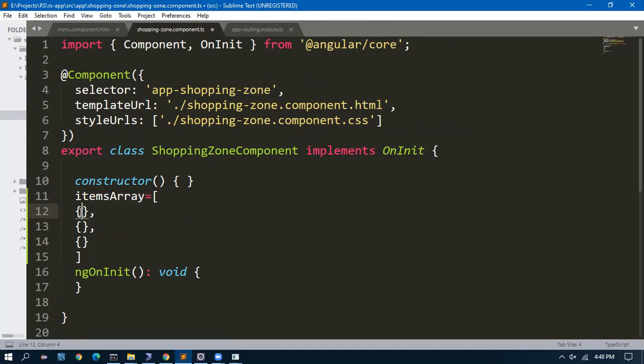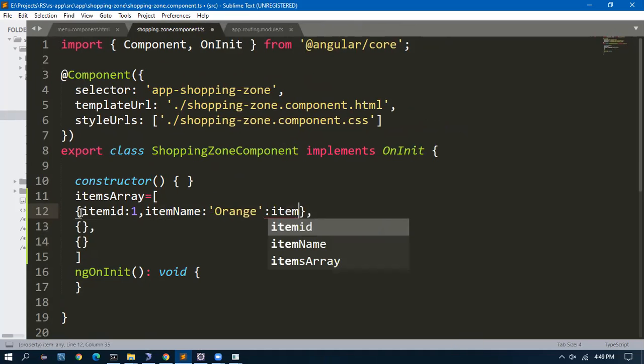So the item is going to have an item ID, which is 1. Item name is orange. Item description. Can you hear me? Yes. Okay, so item description, this is orange.